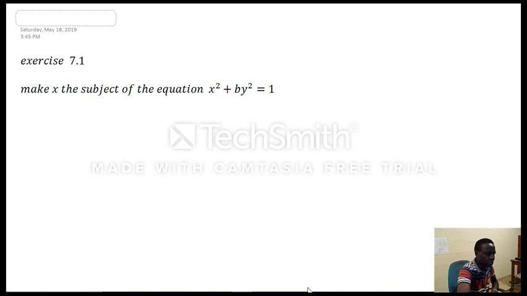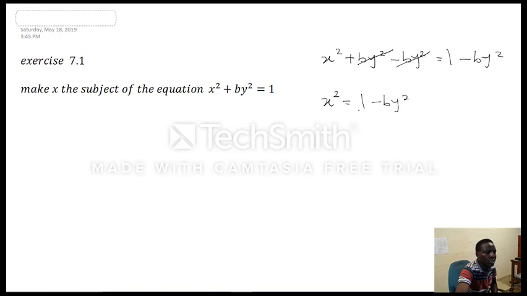To make x the subject of the formula, same steps. Take by squared to the other side of the equation, and we'll have x squared plus by squared minus by squared is equal to 1 minus by squared. Plus by squared minus by squared is 0, leaving us with x squared is equal to 1 minus by squared. This cannot be simplified to be a